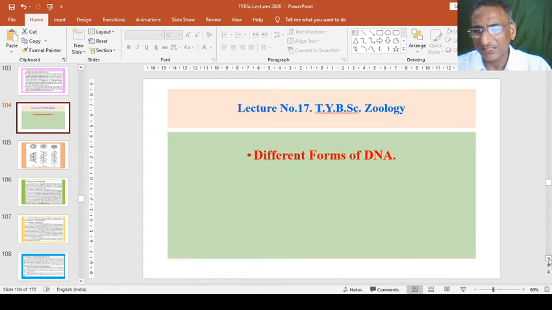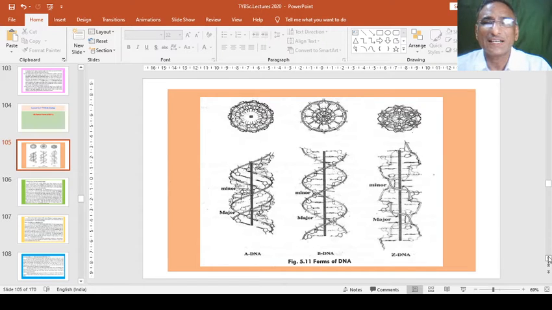You can have an idea of these structures from the figure. You see these three diagrams of forms of DNA. Actually, there are different forms A, B, C, D, Z, but these are the three basic ones. A DNA is somewhat compressed, as you can see in the frontal diagram or the photograph from the upper side. The second, bDNA, is the standard form, the structure given by Watson and Crick.